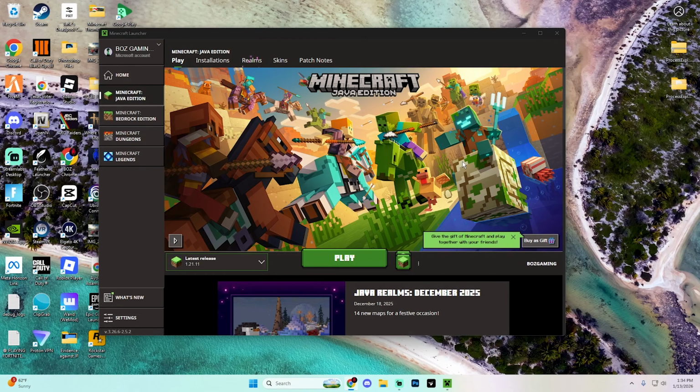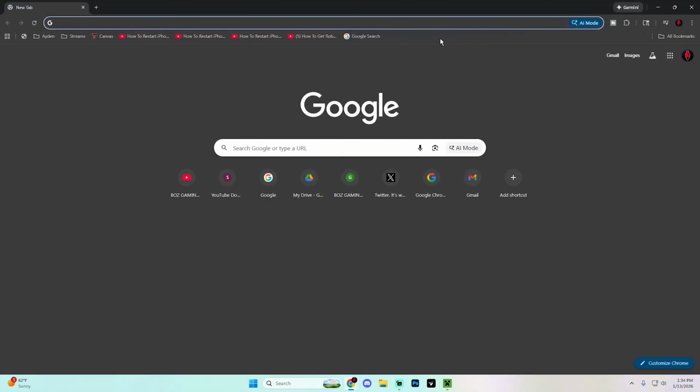Now, if you want to talk to your friends directly inside of Minecraft instead of using something like Discord, what you're going to want to do is get a mod loader. The one that I personally recommend is Fabric Loader, and you may already have this installed. If not, and we're just going to assume you don't, open up a web browser of your choice, and what you're going to want to do is go to